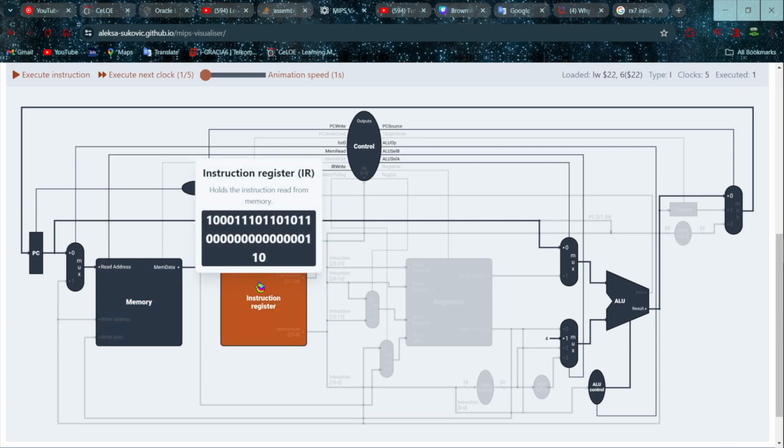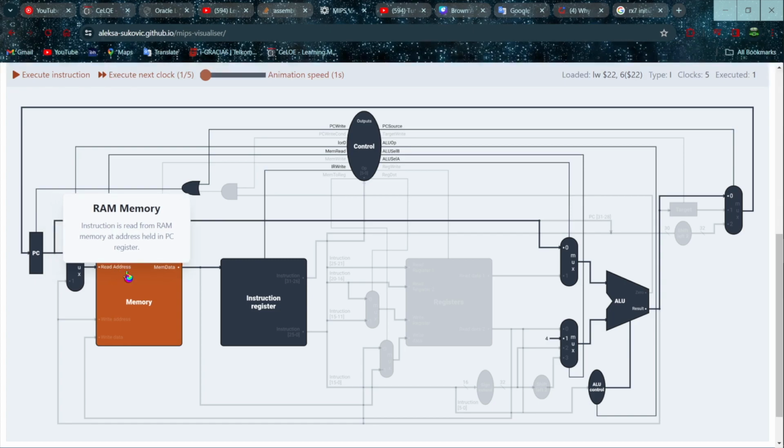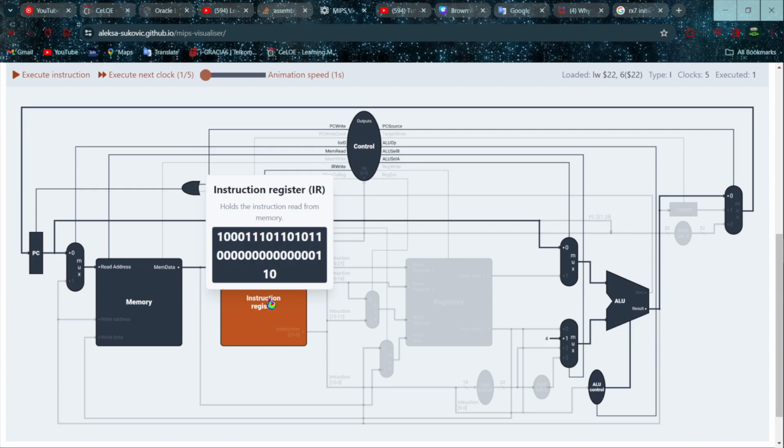The instruction register holds the instruction from the RAM memory. Here the read address is activated from the multiplexer. The control unit controls the memory to be read by the instruction register.